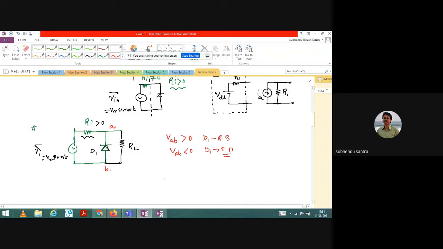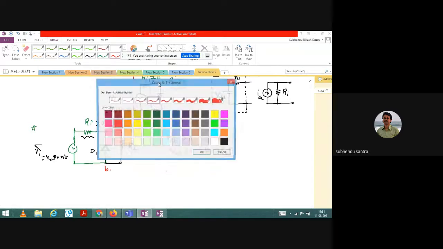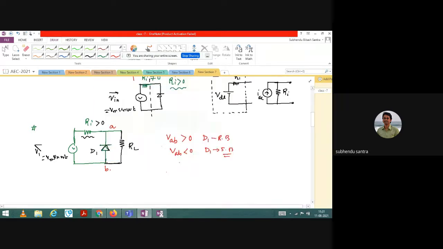To do that, this is the step 1, and the second step I am just writing now. Step 2, what you have to do, you just remove the diode. Don't consider there is a diode, just forget about the diode. If you forget the diode in that circuit, the circuit diagram will become like this. So this is your Ri, and this is RL, and here it is Vm sine of omega t.